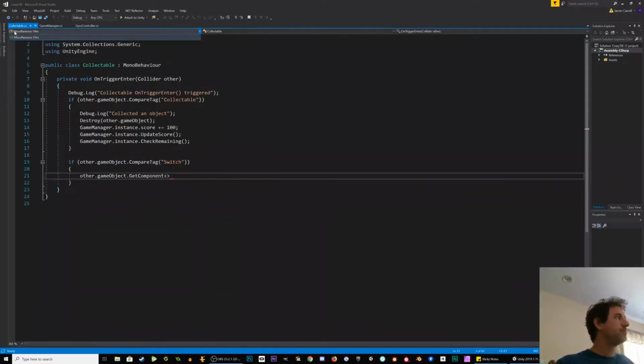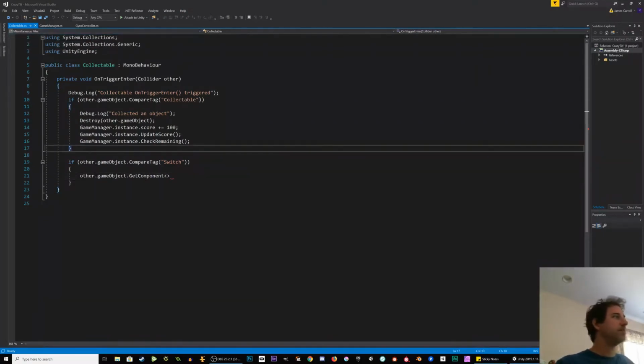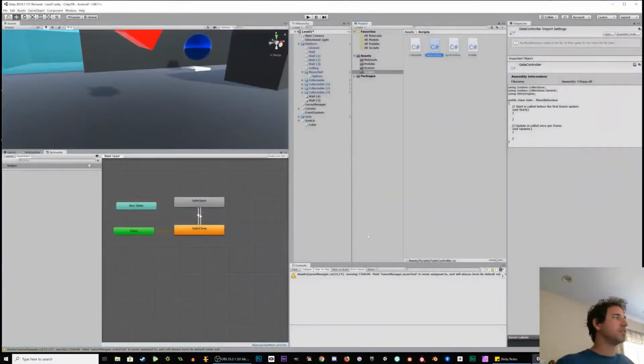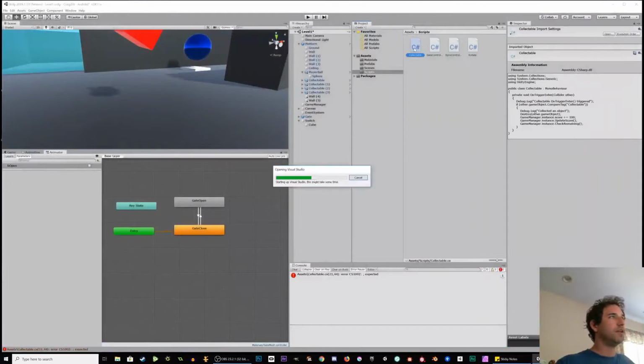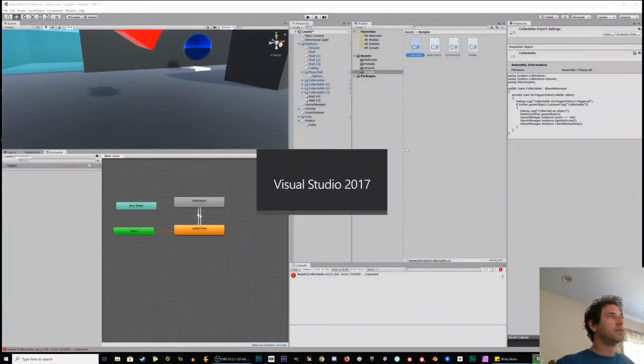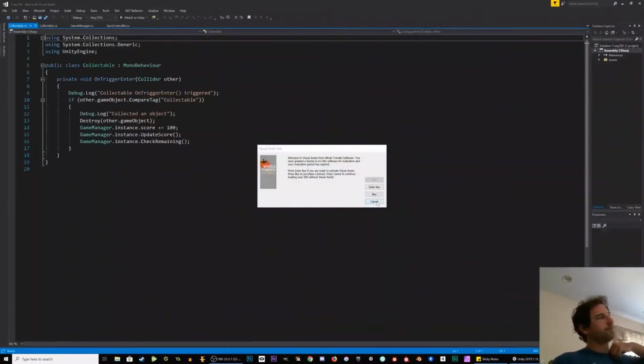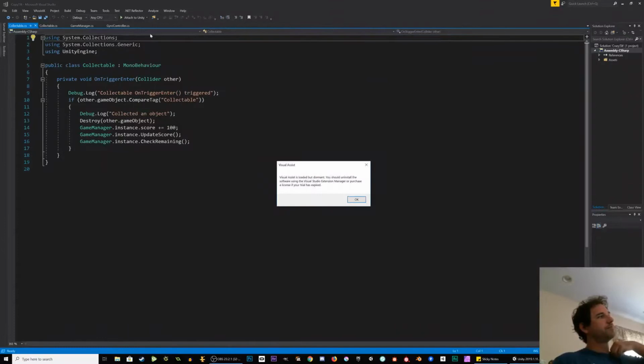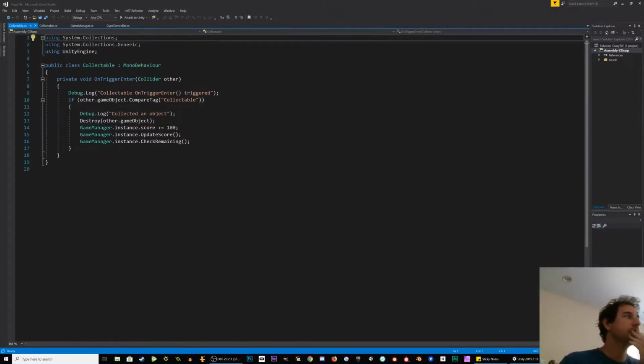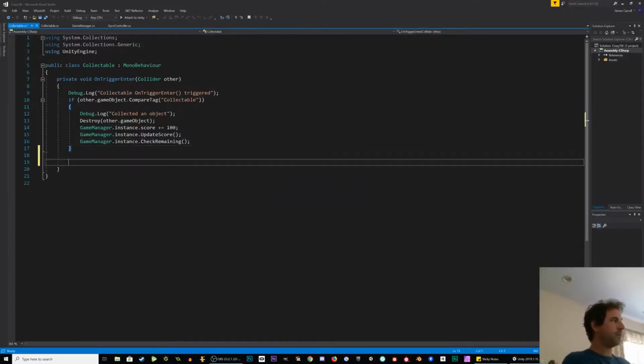Oh, and this actually needs to be rebuilt. So let's close this and open it again, because Visual Studio builds solutions. There we go. So now it sees it's part of the project. We moved it from the initial folder that we were working in. So let's start over. Let's say if